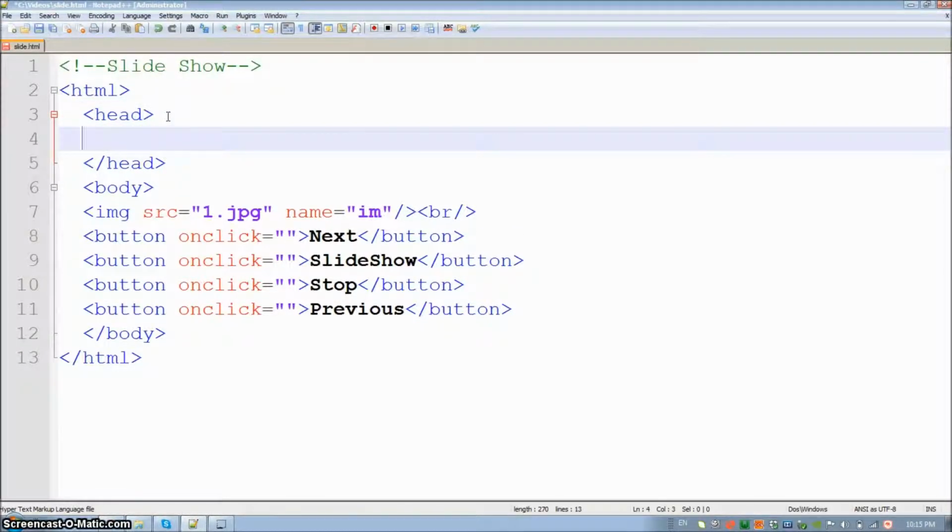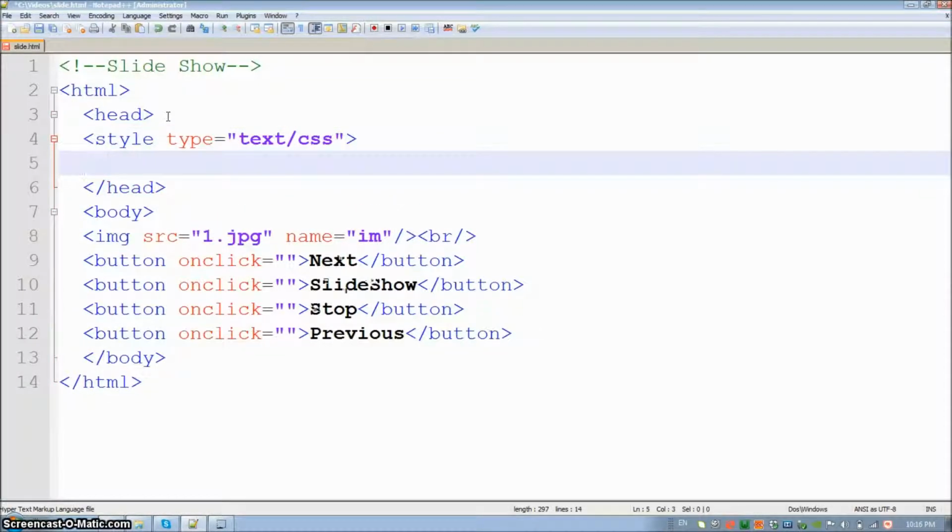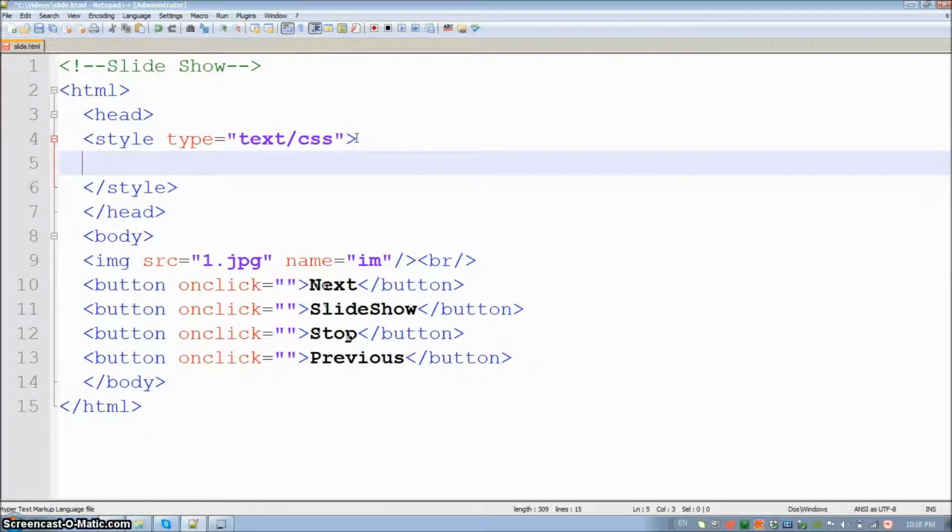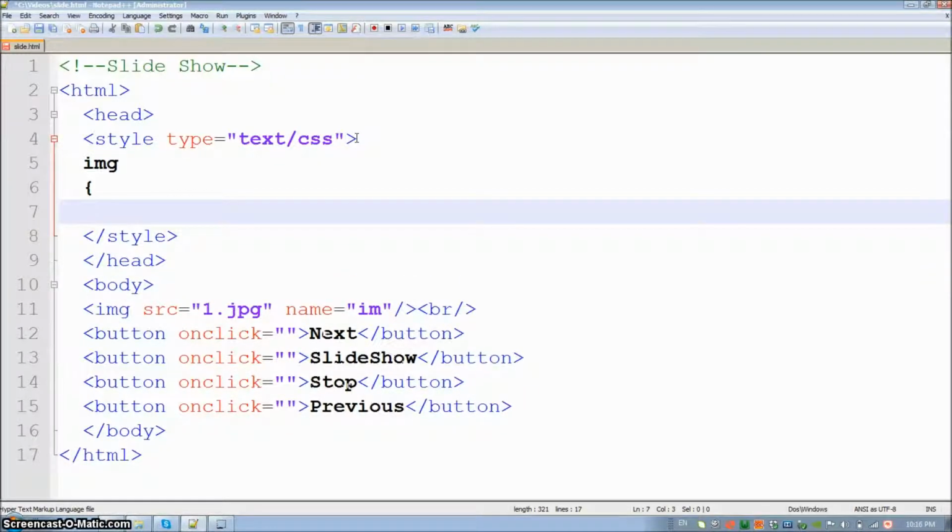So I'm creating a style, type equal to text/css, and then the closing of style. Inside this I will create the style for image. So I will just write img, the style for images,